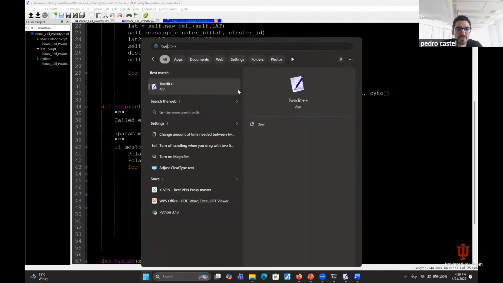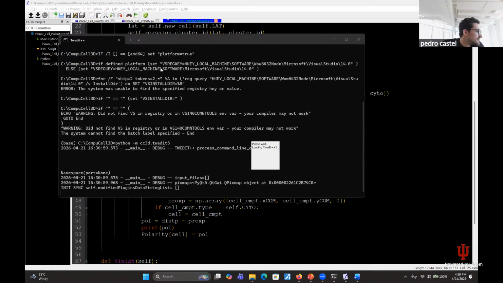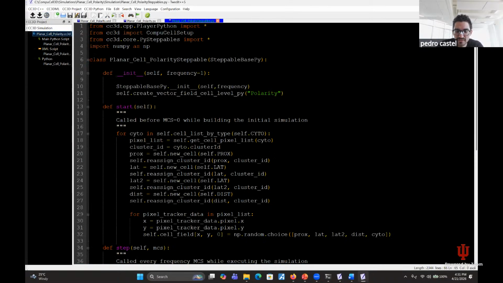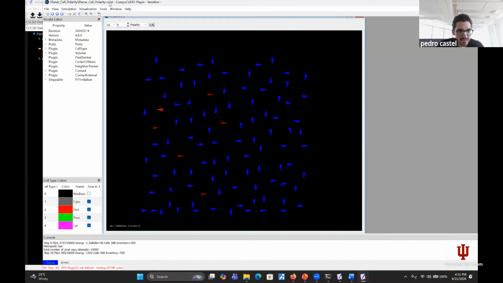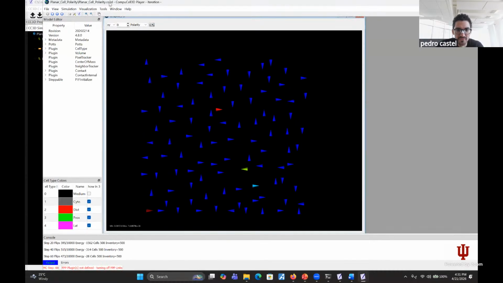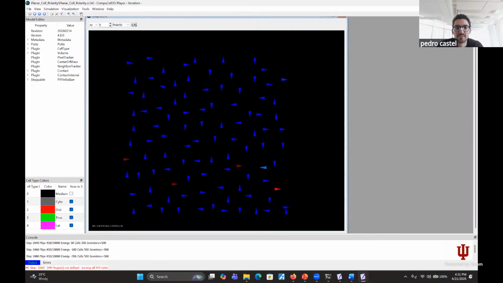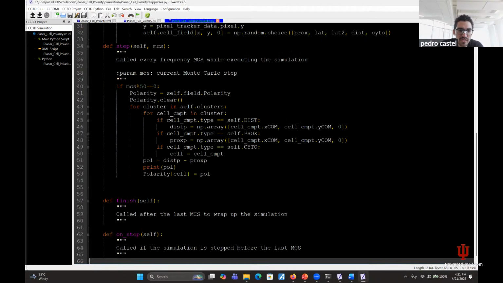Yeah, it's a problem with the... So let me open a previous version of Compartmental. You're using 4.8? Yeah, the latest. So now let's do it with one of the previous. Yeah, this is 4.4. Same problem. So there might be a problem with my simulation somehow. One last try